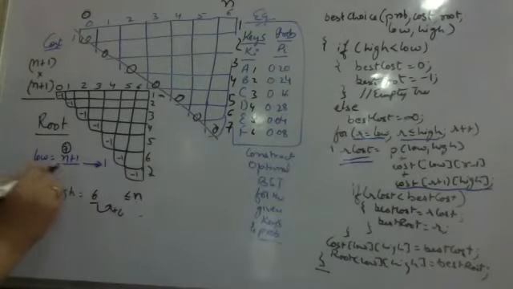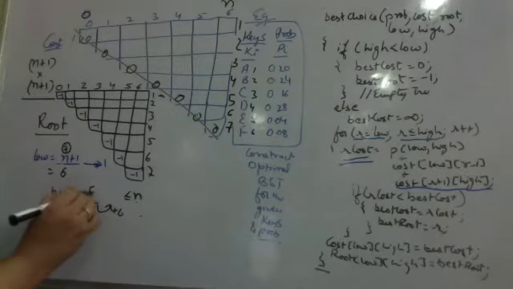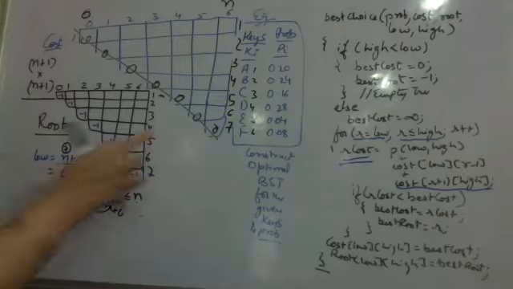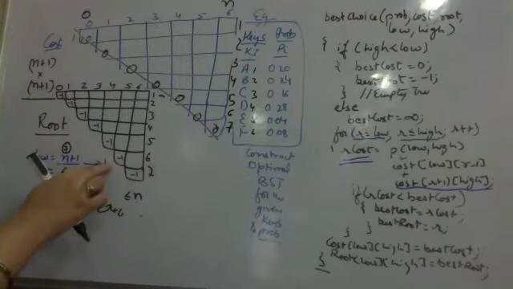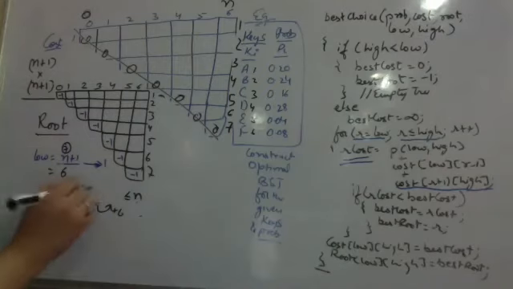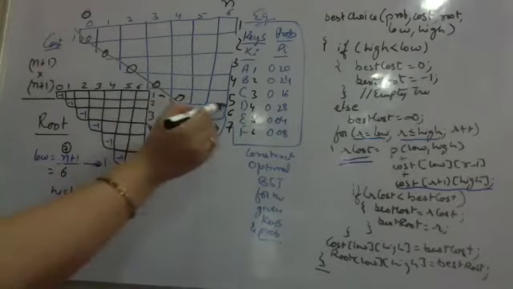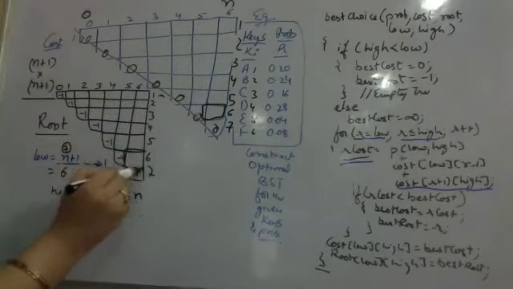Low value will change to be 6. High will be low minus 1, which becomes 5. When I am calculating 5,6, this value will be 0, this value will be -1. After this is done, high goes to 6. Now I have to calculate 6,6. This is what I am going to calculate now, this particular value for cost and root.